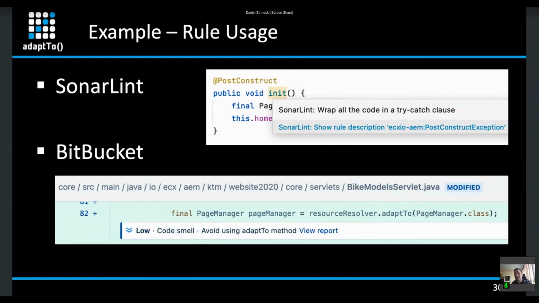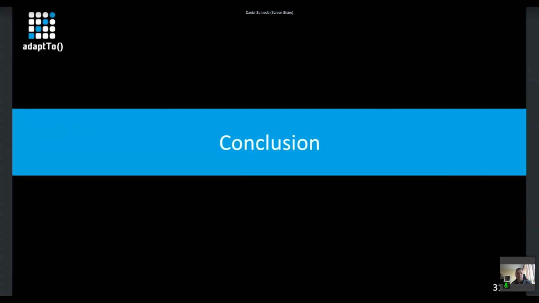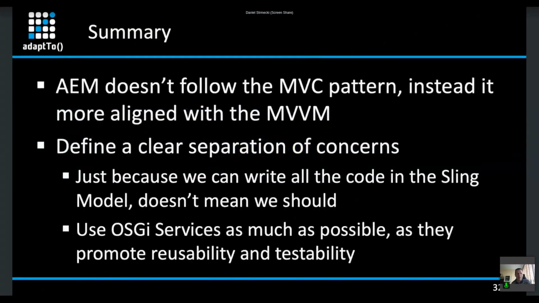And on this slide, you can see an example for our rule or our code smell that the adaptTo method should be avoided. So it's not mandatory, but we warn developers that we don't consider this to be the best practice. Okay, so that was everything. So I would just like to summarize what I